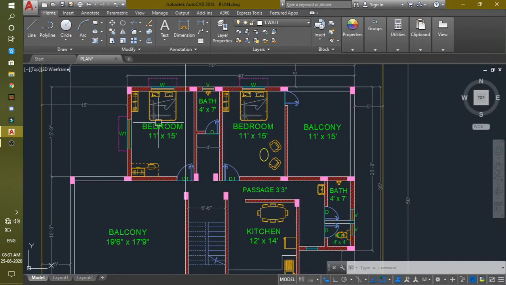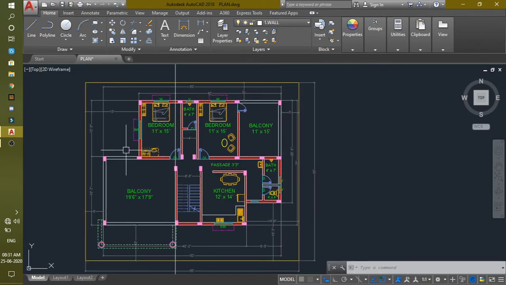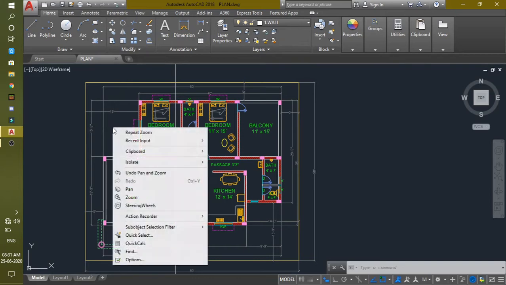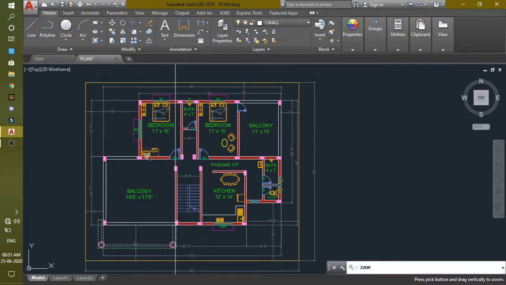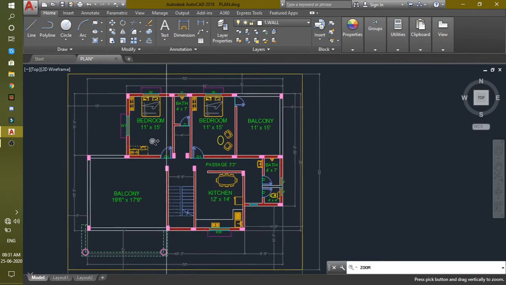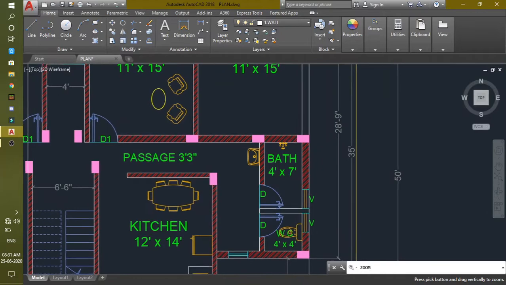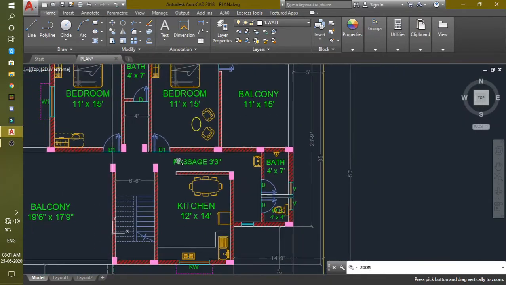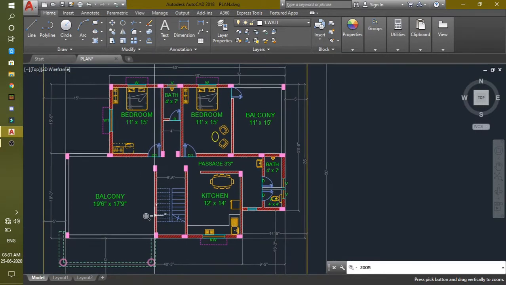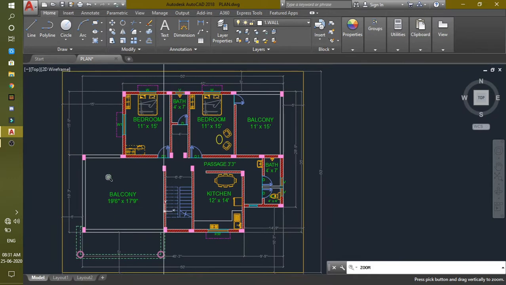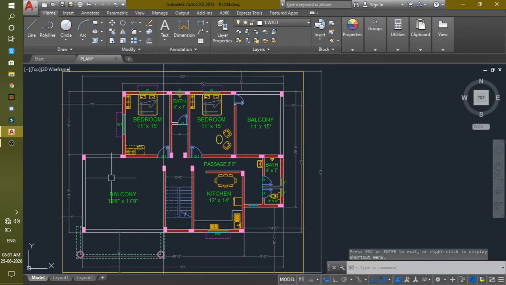If you are using AutoCAD on a laptop or a notebook though, you don't have a mouse wheel. So what you can do is just right click and click on this zoom tool. You'll see an icon looking like a lens. So to zoom in, press the left mouse button and move your cursor up to zoom in and down to zoom out. But this is not the best method since you can't zoom in on a particular point like you could with a mouse wheel.